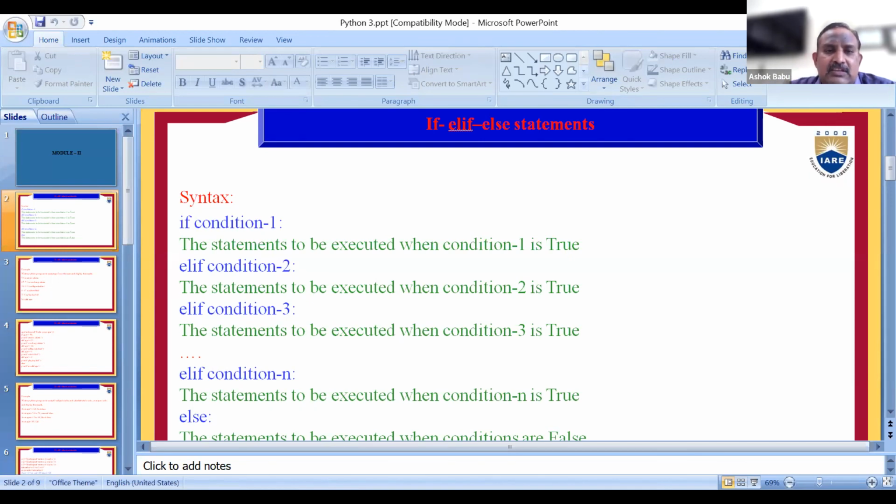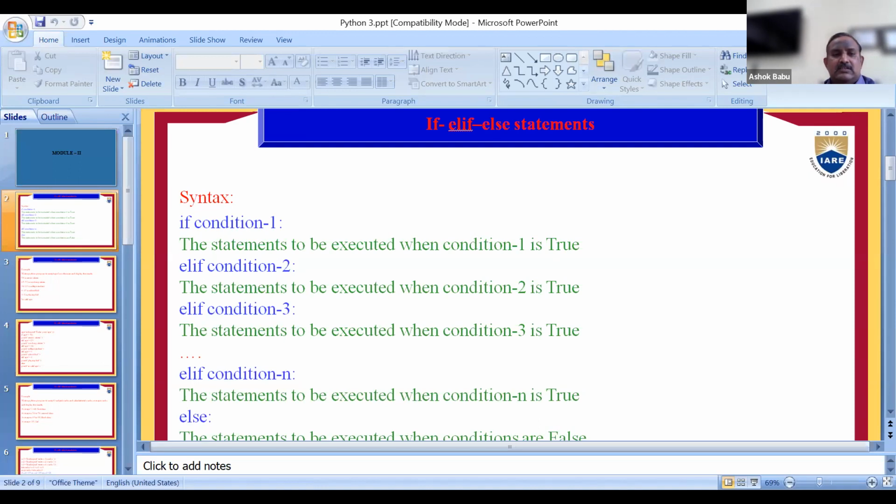Example: write a Python program to accept age from the user and display the result. Here the problem is that if the age is 58 years, we need to print that it is a senior citizen. If the age is between 25 to 57, we need to print that it is a working citizen.